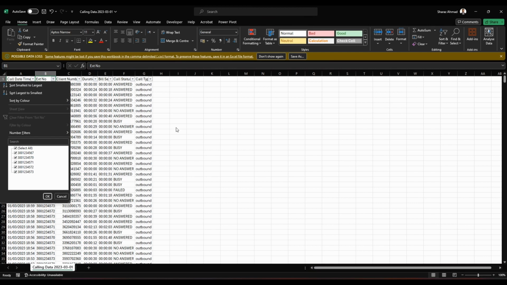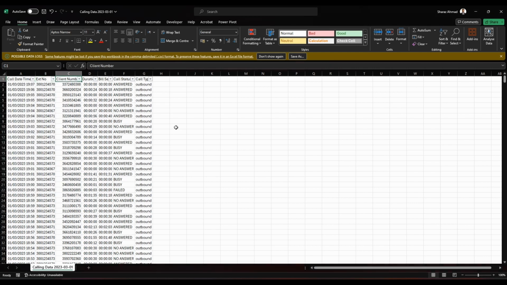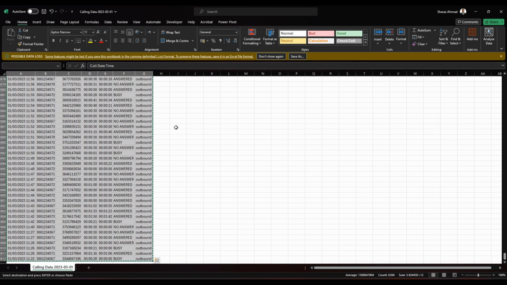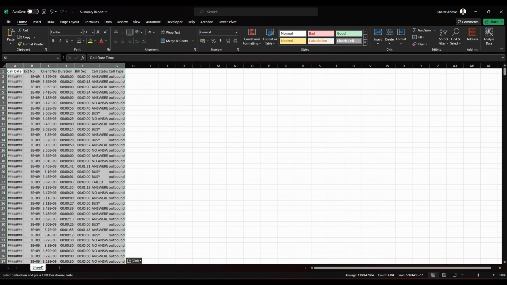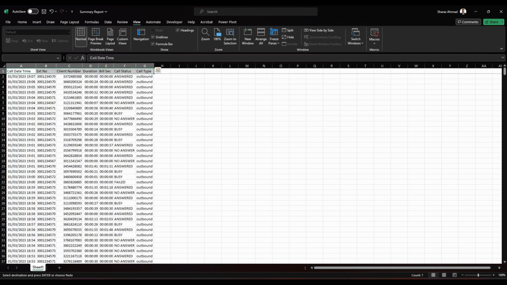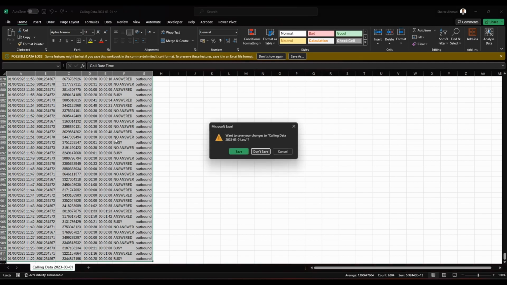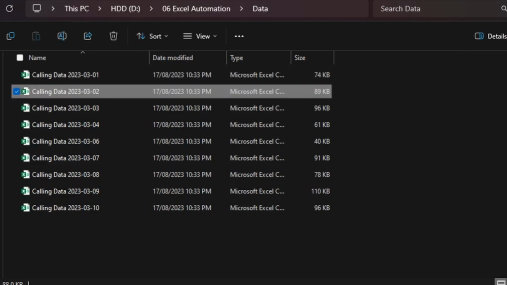Check if date is correct. This extension number or mobile number is in right format and duration. All looks fine. Copy this data into the summary file. Make the headers bold, freeze first row, rename tab to data, close the first boring data file and open the